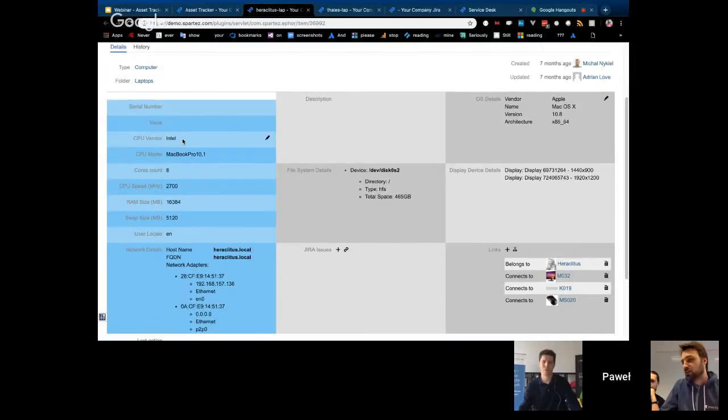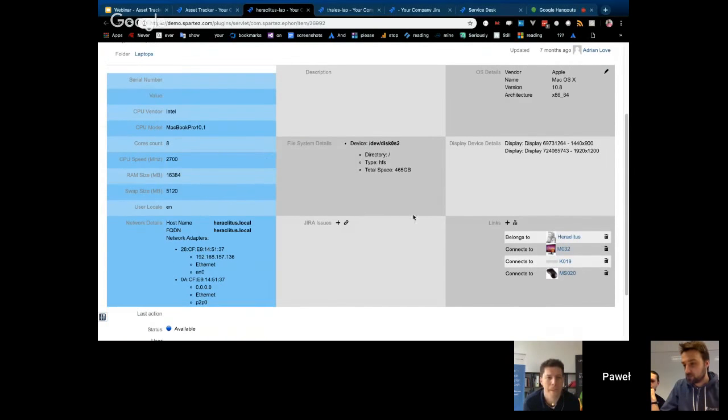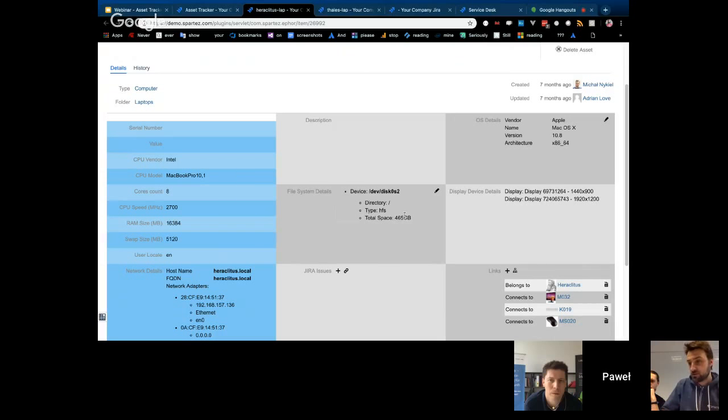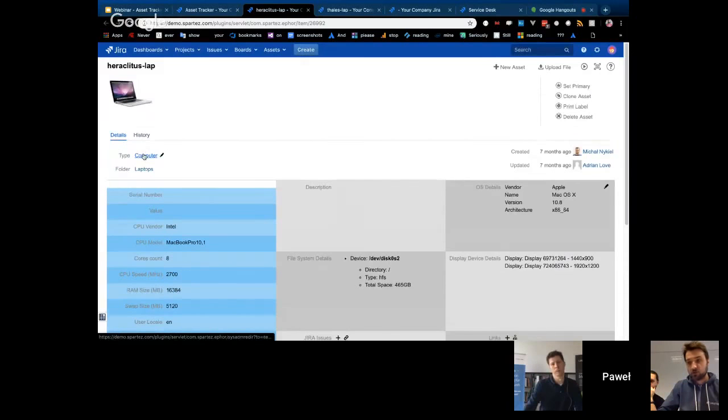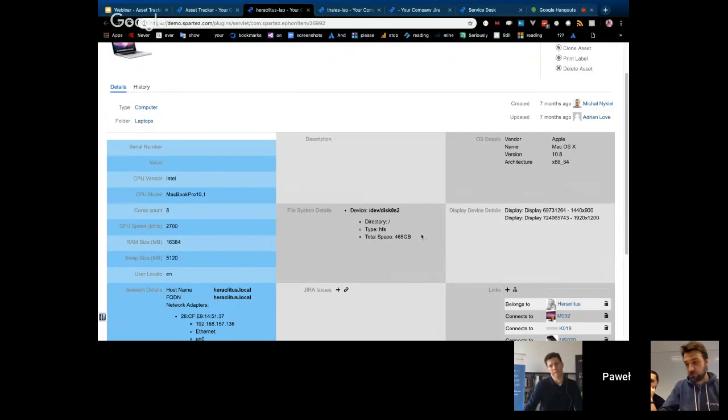However, diving deeper into the subject. What we're looking at right now is a view of regular assets. We have some field types. Serial number is probably string type. Value is number type. This is multi-line string type. You can define those types of fields, and later on, from field types, you can craft an asset type. This asset type, called computer, was crafted out of multiple field types here.